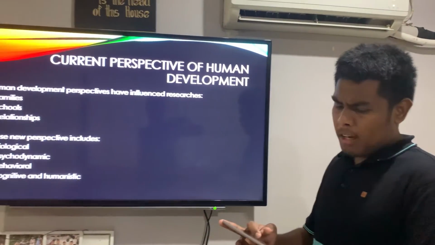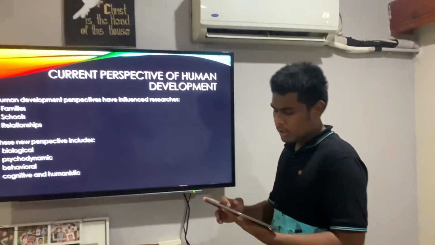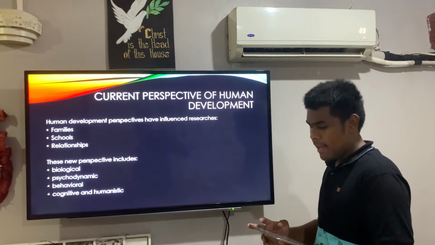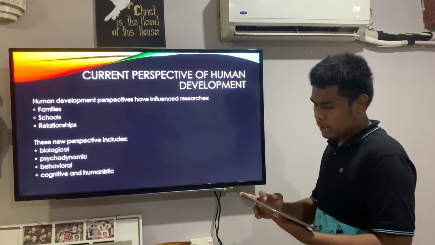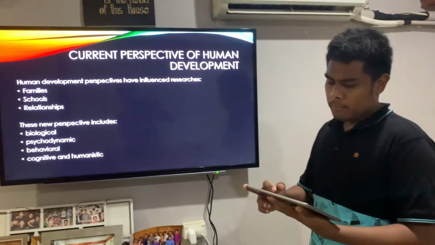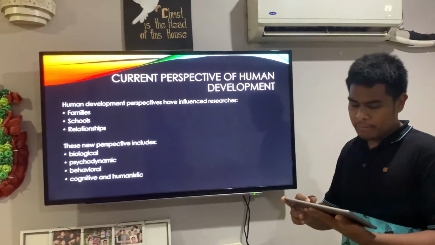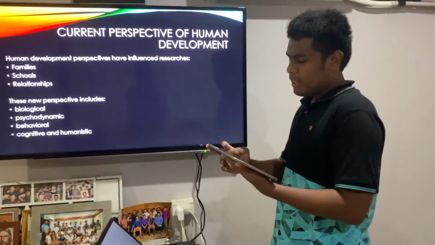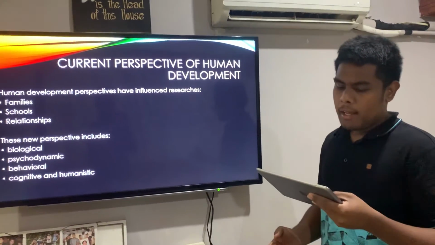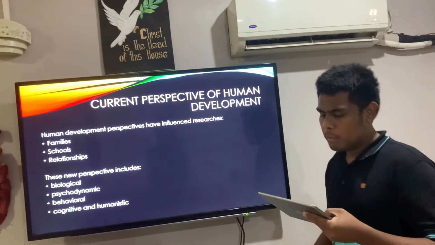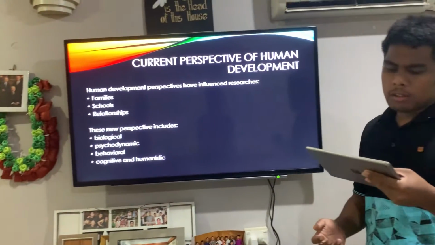In this slide 8, recent perspectives on human development are found to have an impact on research on families, schools, and relationships. These impacts are referenced and compared with recent issues such as gender, religion, and more. The first one is behavioral. This perspective focuses on all observable behaviors of a child. It is very different from other perspectives, as it focuses more on behaviors that are observable than on emphasizing the general state. The second one is the cognitive way,